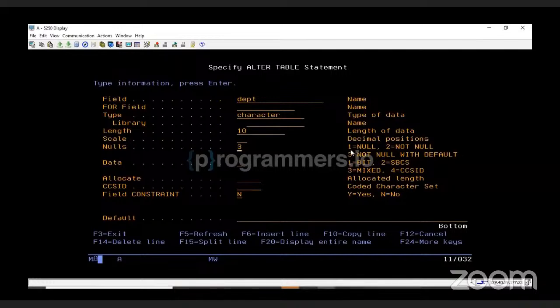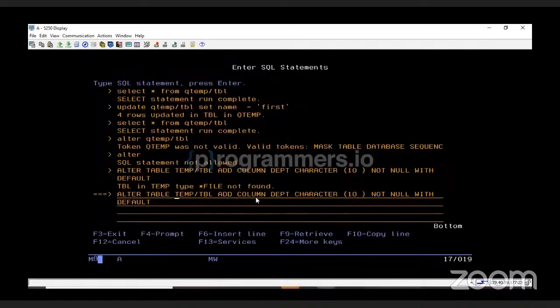It can either be a null supported column or a not null supported column. We'll come to the concept of null and not null afterwards. For now we'll go with the default option, and I'll also tell you what these options mean towards the closure of the session. And what's the relevance of the CCID as well. For now, if we are pressing enter,